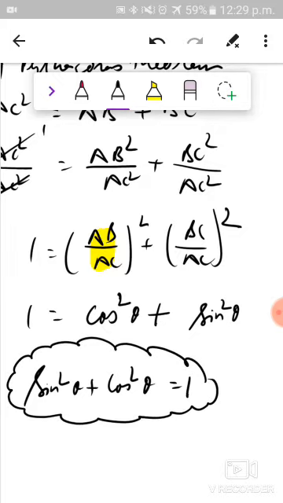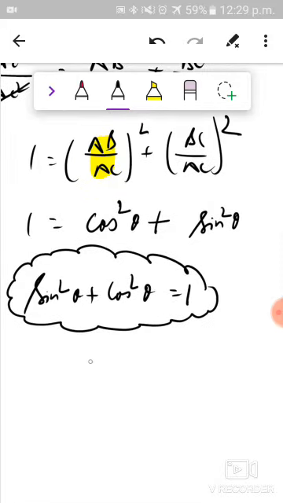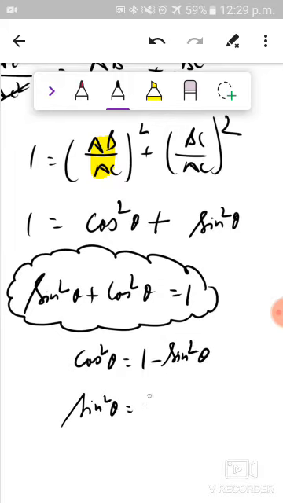Okay, this we can write in the form as cos square theta is equal to 1 minus sin square theta also, and sin square theta is equal to 1 minus cos square theta also, right? Okay, now